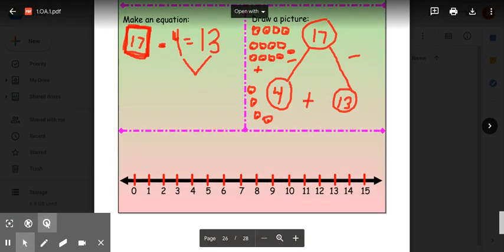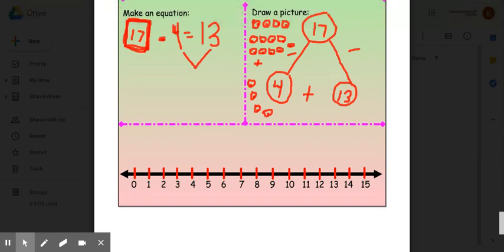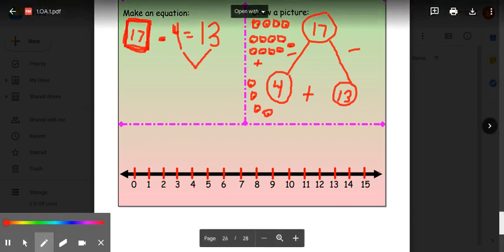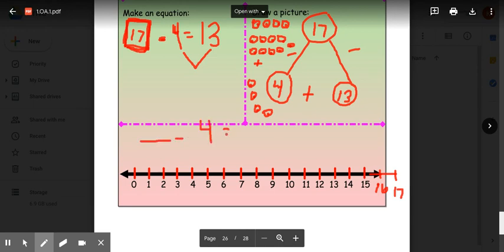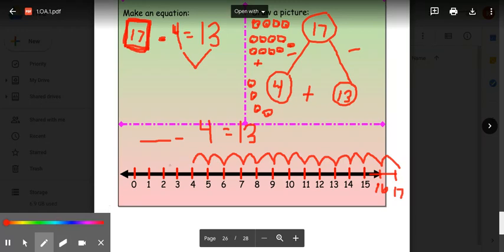You can also solve this using a number line. So I want you to pause the video and draw a number line from 1 to at least 17 and solve using a number line. Ready? Pause. All right, to solve using the number line, again, you're going to add our 2 parts together, 4